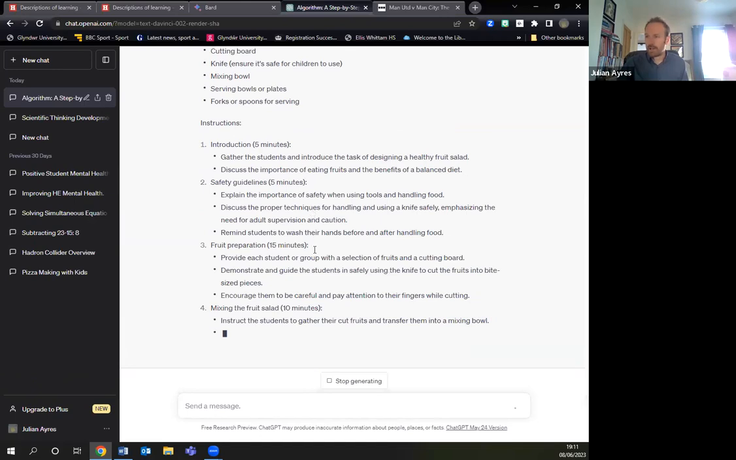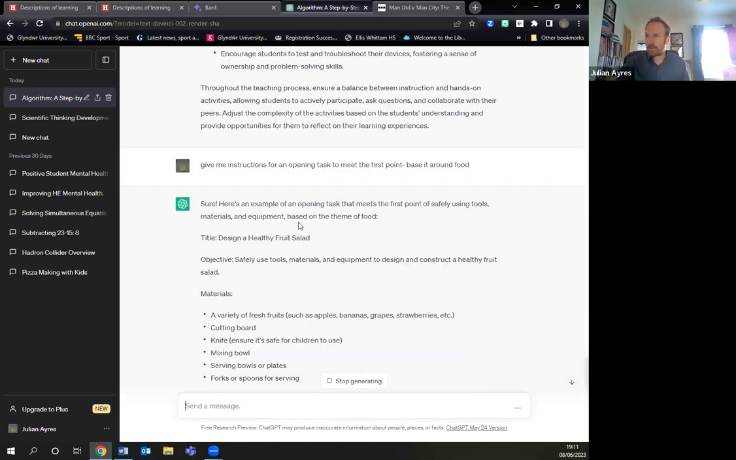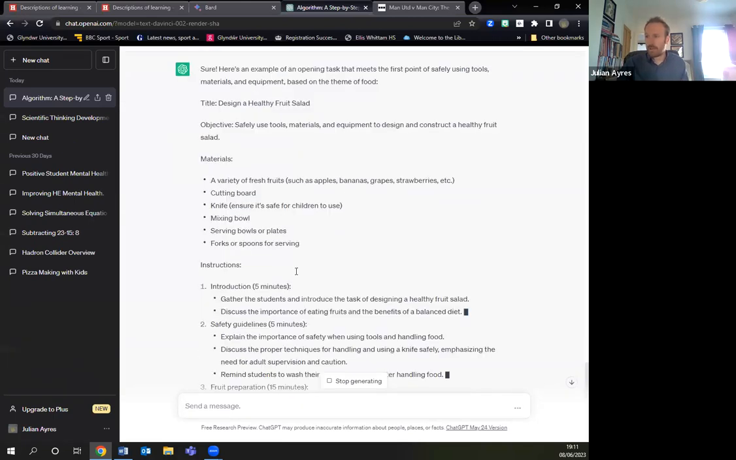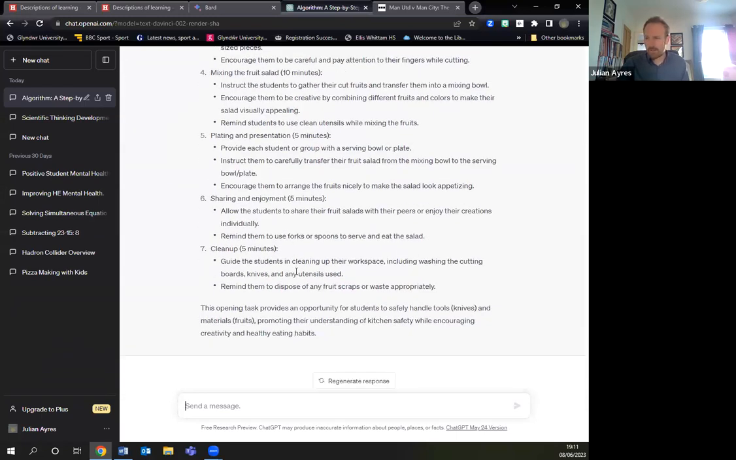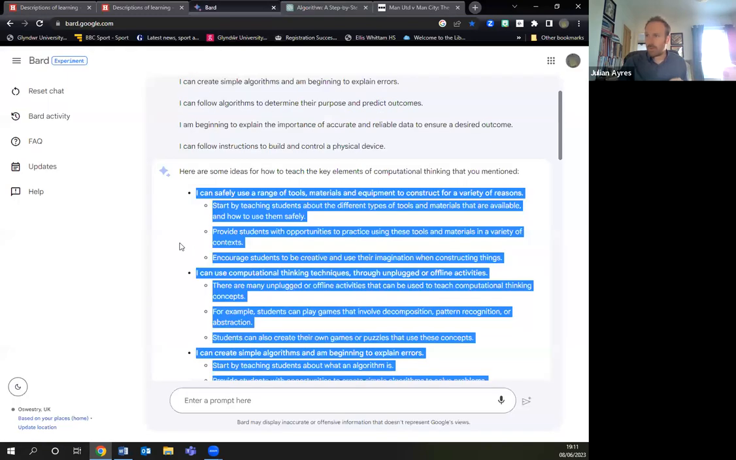Now it's gone a little bit off here, because what it's done is, it's taken safely using tools, materials and equipment, and it's gone for this idea of, you know, cutting safely. Now this is the one thing you've got to be careful with ChatGPT. It'll just take it absolutely literally. Whereas if we go to Bard,